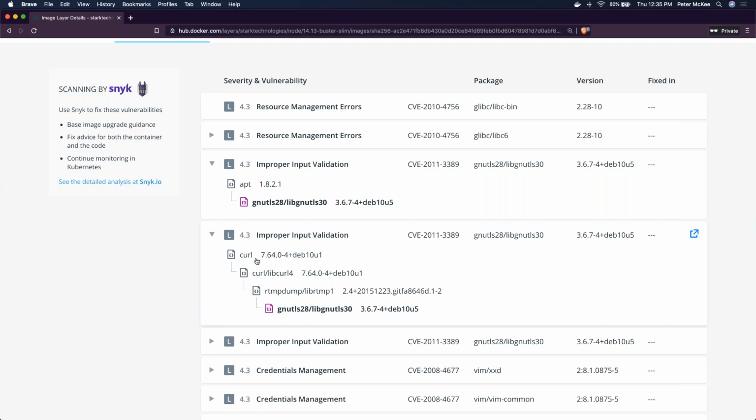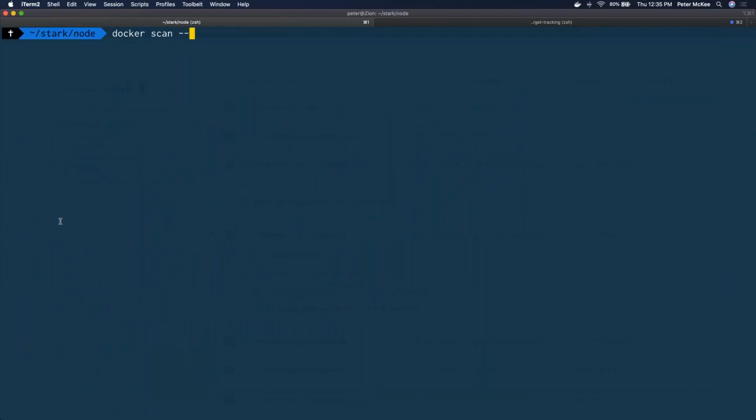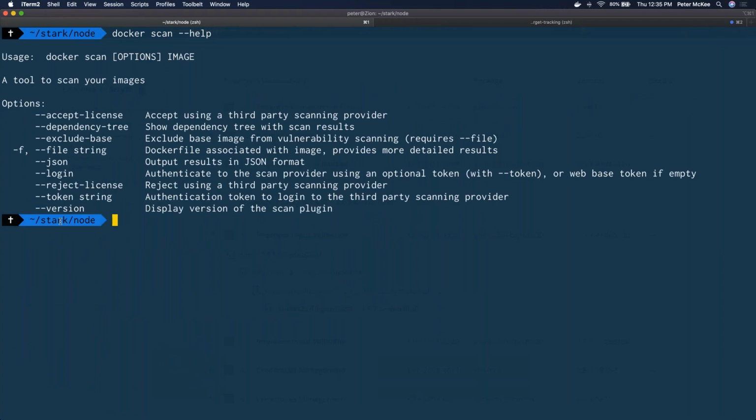So if you're at the command line doing the actual troubleshooting work, there's an option, docker scan with --dependency-tree, I think is what it actually is. Yep. That will show you that same sort of tree view. It's a little bit higher level, so it draws out a pretty tree of the packages themselves, as opposed to the long list of vulnerabilities. But again, just helping you figure out what's in that container, what things you might want to think about removing from the container, particularly as it moves towards